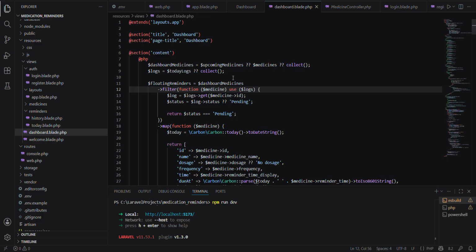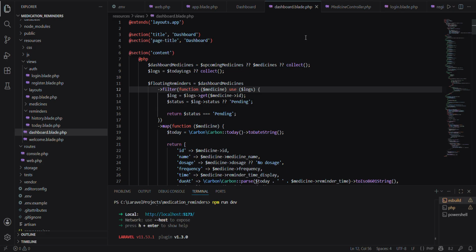Since the project is built using Laravel, the database is SQLite, and operations are handled using Laravel's Eloquent ORM and Query Builder, which help protect the system from SQL injection. User passwords are also encrypted before being stored in the database.